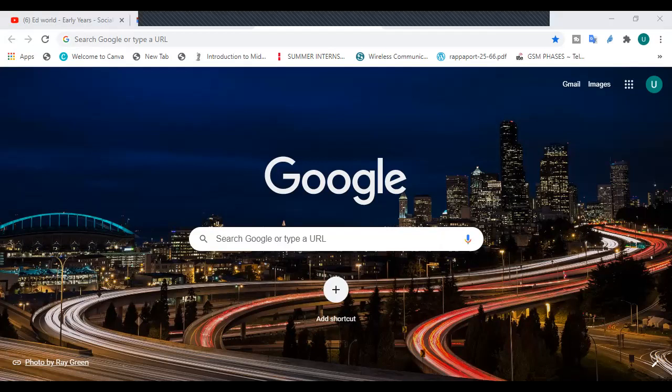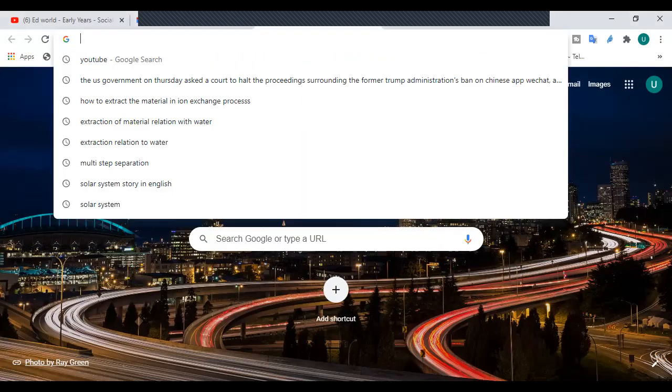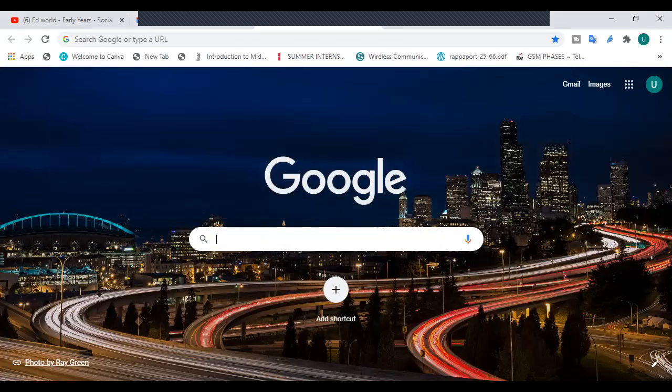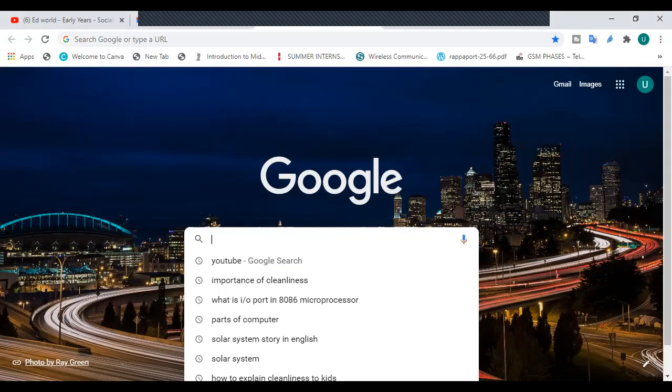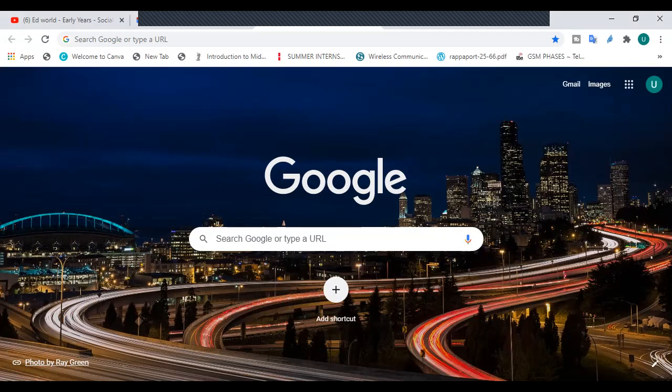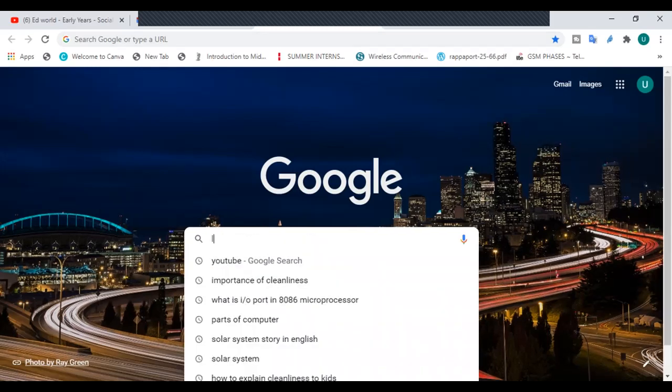Let's say I like lions. So this is the search engine. You can search for something over there as well. There are two options. Over here it is written search Google or type a URL, so you can search over there as well. And here the same is written, search Google or type a URL, so you can search it everywhere. Let's say my favorite animal is lion.